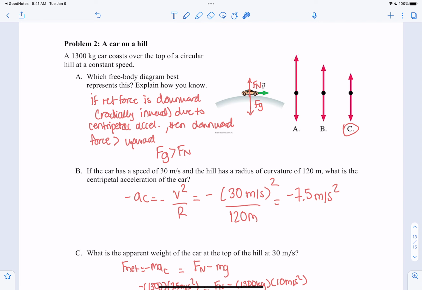Because AC denotes centripetal acceleration. It means that acceleration is pointing towards the middle. The acceleration vector is pointing towards the middle, keeping you along that circular path. So because there's a centripetal acceleration, because there is a circular pathway, there is a centripetal force. And that centripetal force has to be larger than the other forces along that same axis in order to keep you along that path. So therefore, the net force should be pointed along the same direction